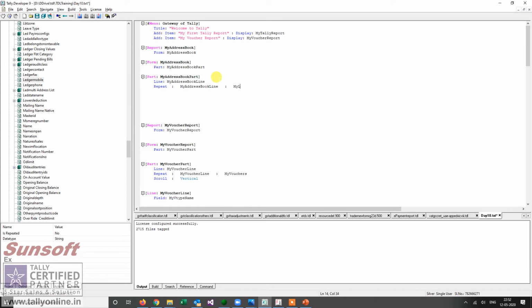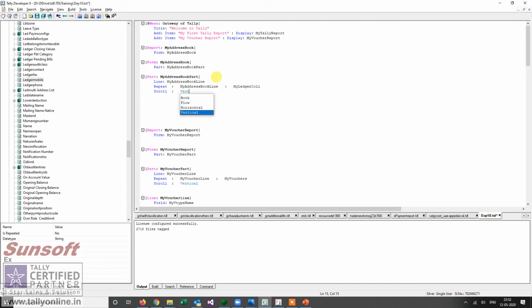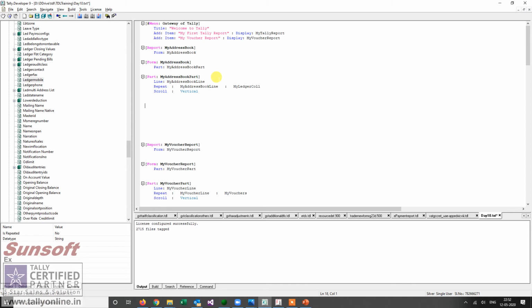So I give here my ledger collection. As usual, scroll vertical, and now I start my line.